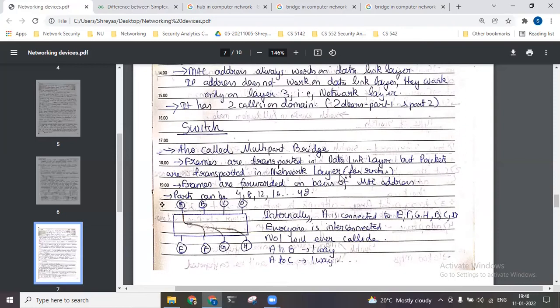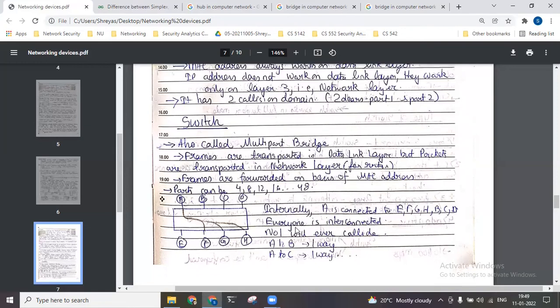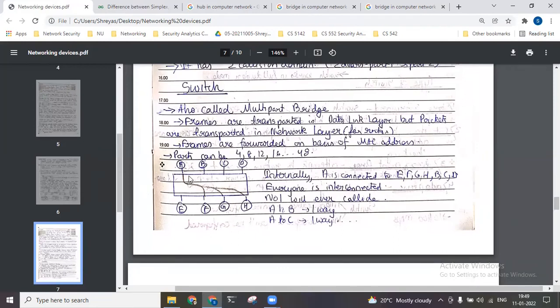So that is the advantage of using a switch, and that is the reason why nowadays we use a switch whenever we have to communicate between multiple computers on the same network. As we know, a switch, being a layer 2 device, works on the basis of MAC addresses. We will see that in more detail. The thing to note here is that whatever the number of ports in a switch, each port is connected to every other port. Everyone is interconnected through one unique route, and there would be no chance of any collision because everyone knows this is the route through which I have to go.